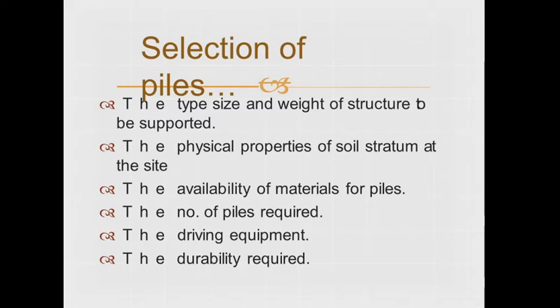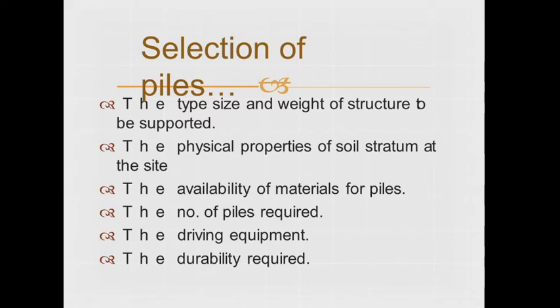Cast in situ concrete pile also has some disadvantages. First, a slight movement of the earth around an unreinforced pile may break it. The bottom of the pile may not be symmetric. An upflow force acting on the shaft of an uncased and unreinforced pile may cause it to fail in tension. Next, steel pile: we already considered steel H-section pile, and composite pile, that is made from two or more materials, either reinforced concrete pile or steel pile filled with concrete.